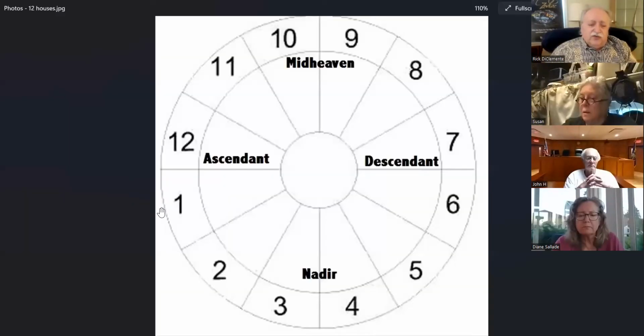So if you go back to this chart, I don't care what time of year, if you are born around sunrise, your sun is going to be in this area. If you're Leo, the sun will be here with Leo. If you're born in December and you're Capricorn and you're born at sunrise, the sun will be in this area in Capricorn. If you're born near noon, near sunset, near midnight. So that's how the houses work.